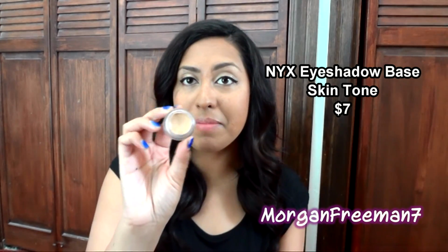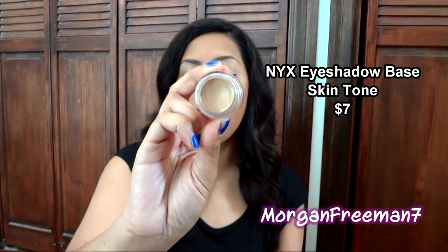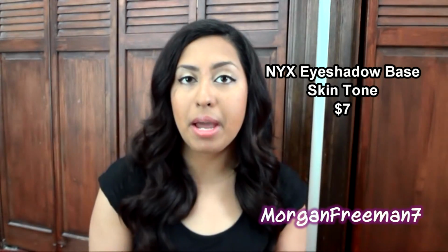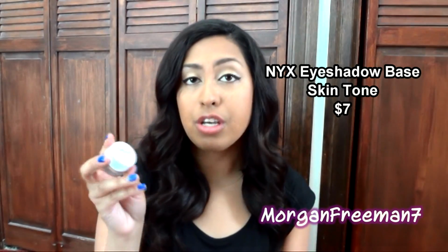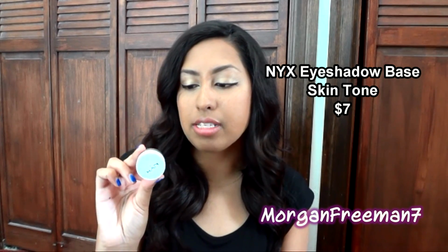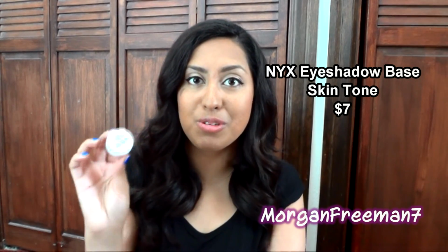This one is a bit more creamy. But either way, this is what I apply on my eyes, right on my eyelids, and it just helps my eyeshadow colors really show through, and you can really see the true colors of it. So NYX, they have really great products, and this eyeshadow base is just what I've been using lately